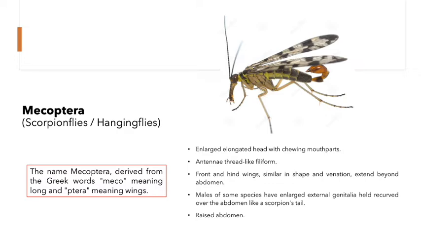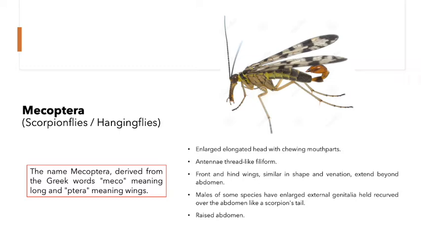Larvae generally remain in the soil. They have chewing mouthparts and resemble caterpillars. As you know, caterpillars are the young ones of Lepidoptera, or white grubs, which you call the young ones of Coleoptera. Most adults have an elongated head with slender chewing mouthparts near the tip of a stout beak. Front and hind wings are similar in shape, occasionally reduced in size or absent, and often mottled with